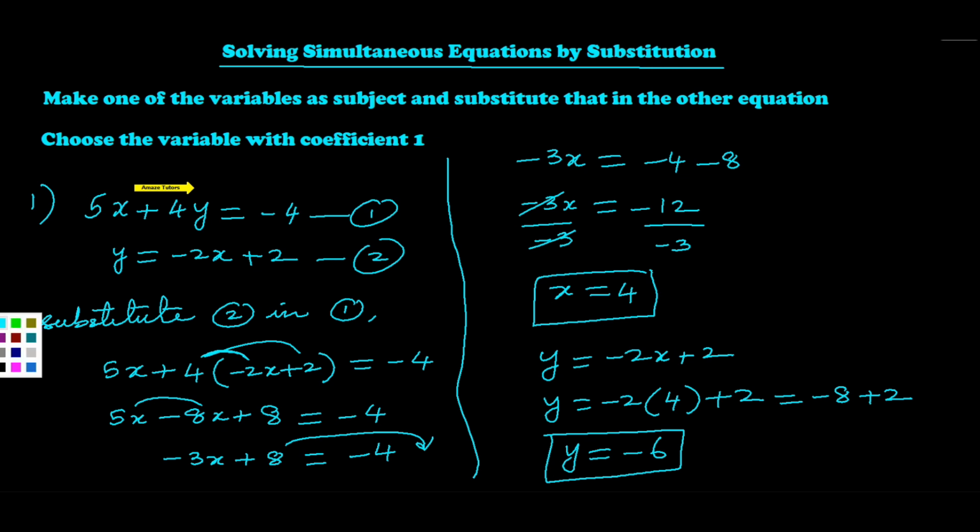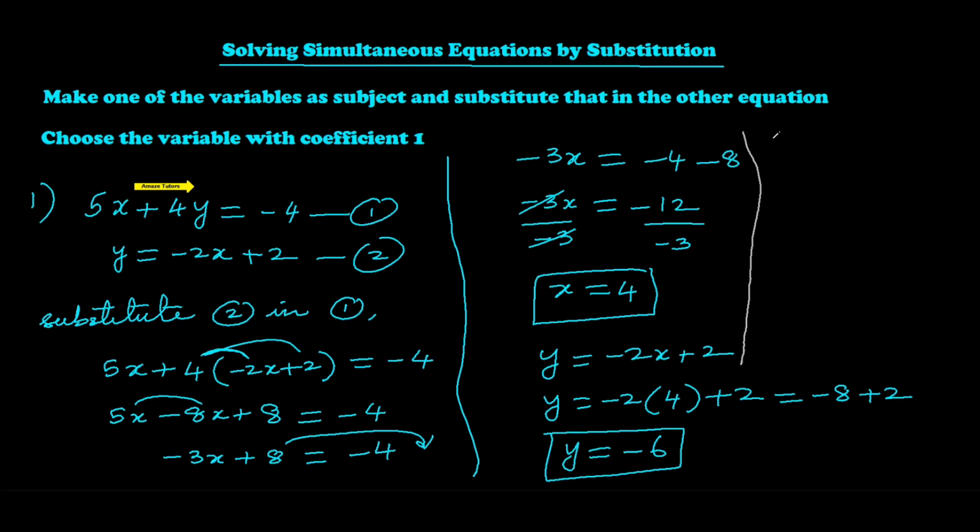And you know about the checking part very well, how to check the answer. I will show you for the first question alone. The rest you can check yourself. So checking. What did I tell you before? Whenever you want to check the solution for the simultaneous equations, you will have to substitute in both the equations and see whether they are true. It should be true for both, not only for one. So let's take the first equation, 5x plus 4y. This should be equal to negative 4. Let's see.